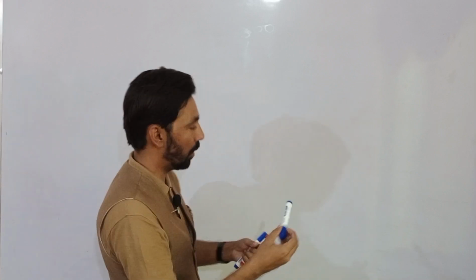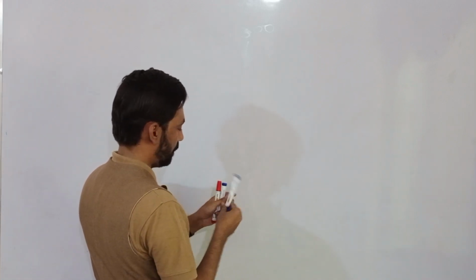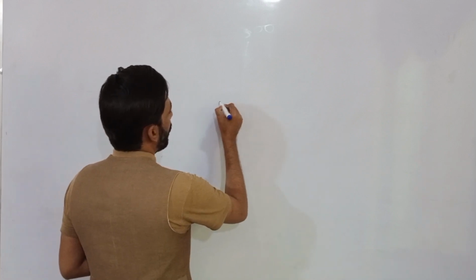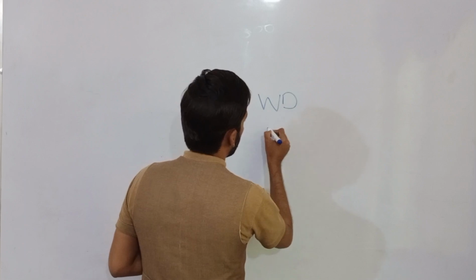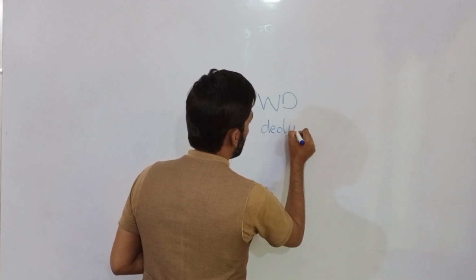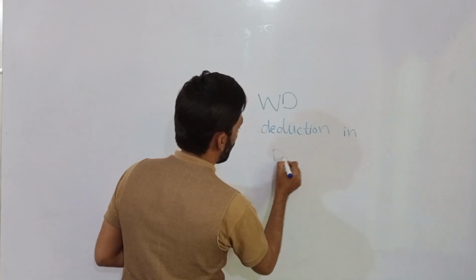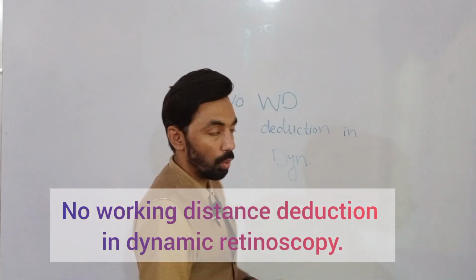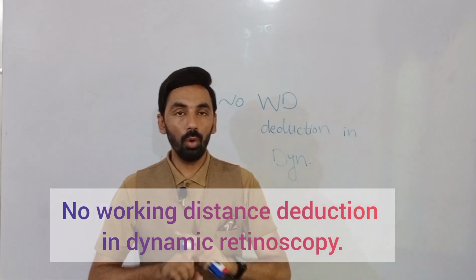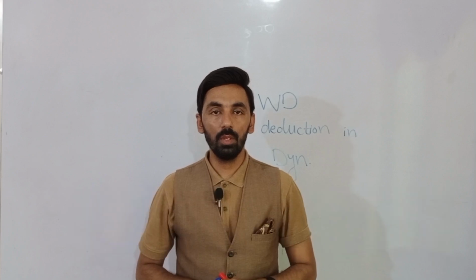I am writing on the whiteboard in capitals: no working distance deduction in dynamic retinoscopy. So I repeat, you are not going to deduct any working distance from the neutral points in